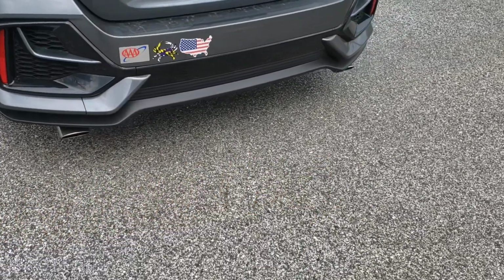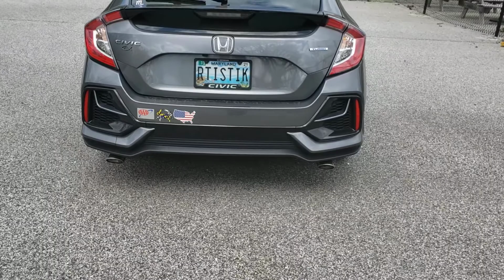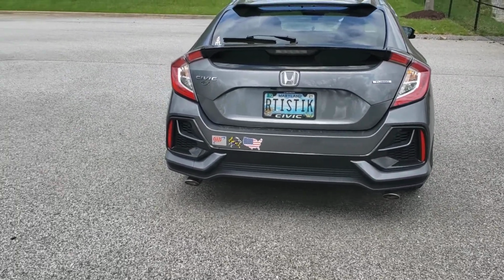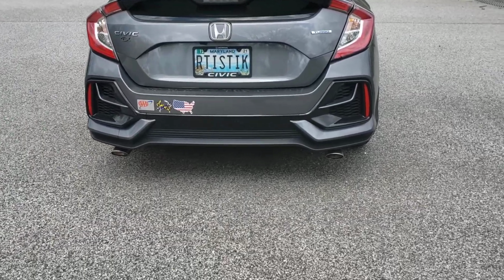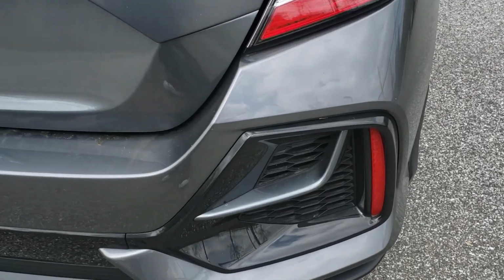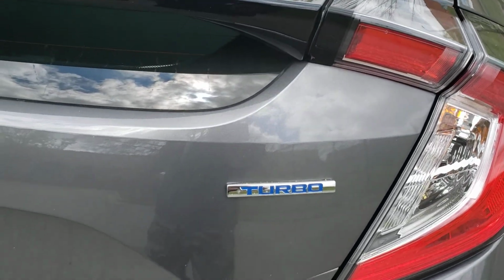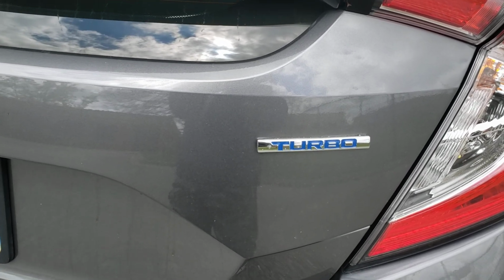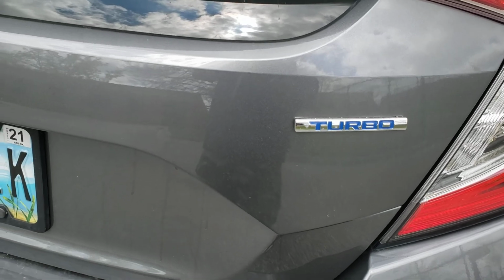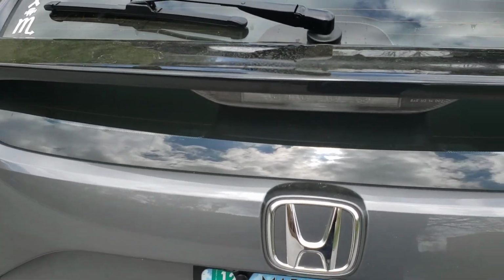Like I said, the dual exhaust tips were added to bring those exhaust tips out. And like I said, this is the updated version with the updated fog light bezels and the rear vent bezels as well, with the body color bar in there. I did add the turbo badge, but I may think about maybe replacing this with a 1.5 liter badge, which I did see on eBay,